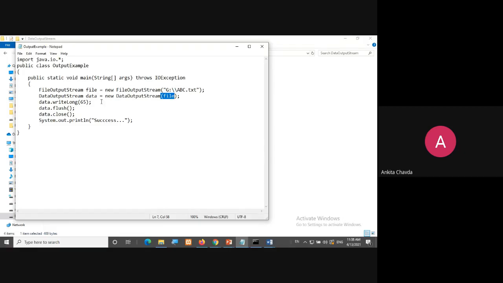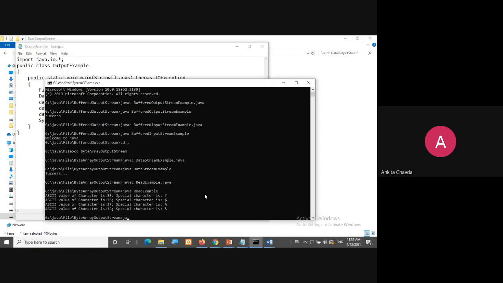Okay. Then to this stream, which is your DataOutputStream, you are writing some data, and for that you have different methods like writeByte, writeInt, writeLong, and so on. So here I am using the writeLong method. The writeLong method means how many bytes it will create, that is 8 bytes, and I'm writing 65. It means the capital A should be stored into 8 bytes. Simple thing, right? Then I'll do this data flush and then close, and then I'm simply printing this. Now you can simply check the file. That is important. Here the output is important.